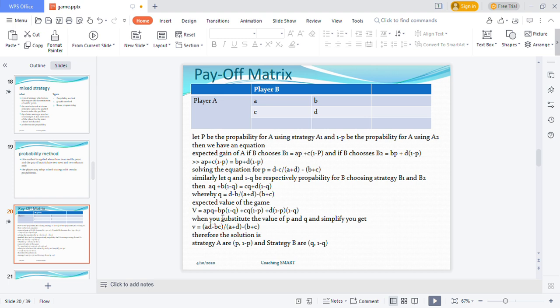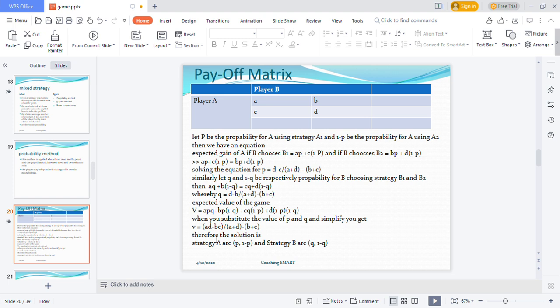APQ plus BP, open the bracket, 1 minus Q, close the bracket, plus CQ, close the bracket, 1 minus P, close the bracket, plus D, open the bracket, 1 minus P, close the bracket, open the bracket, 1 minus Q, close the bracket. Then you substitute the value of P and Q and simplify your equation. So what you get as V, the value of the game, will be